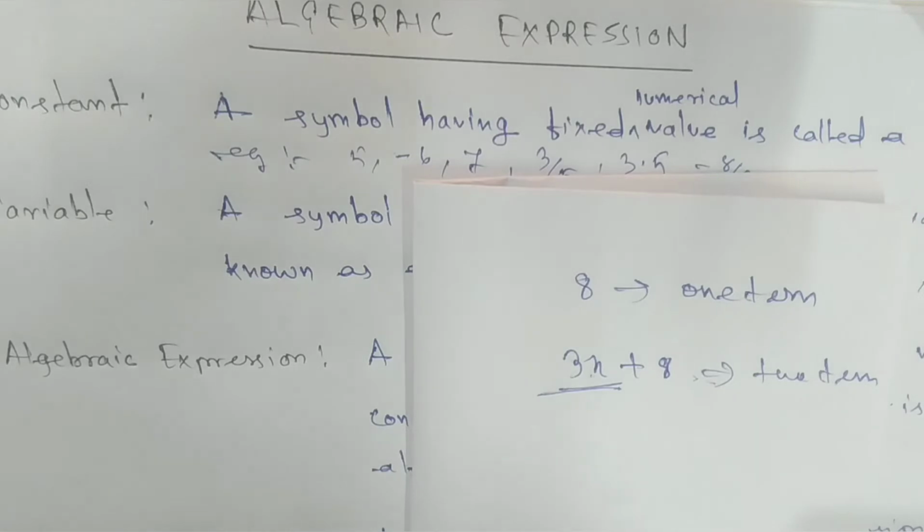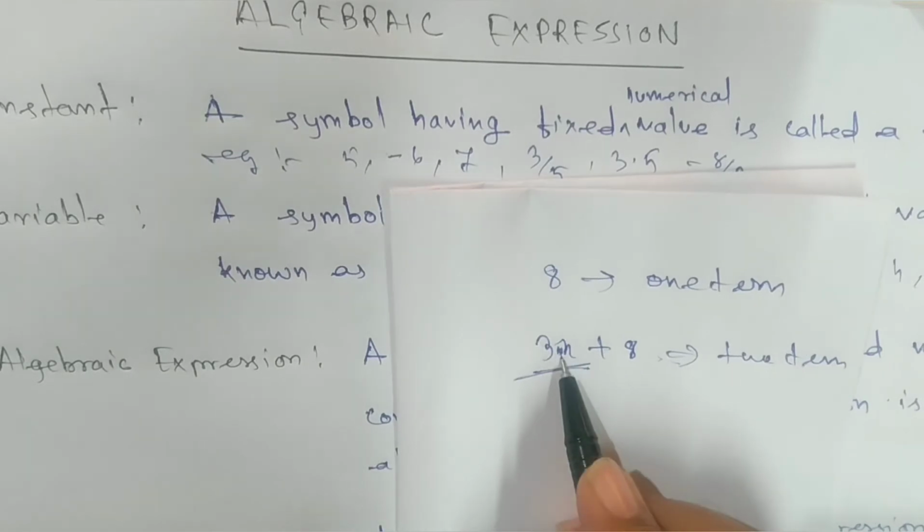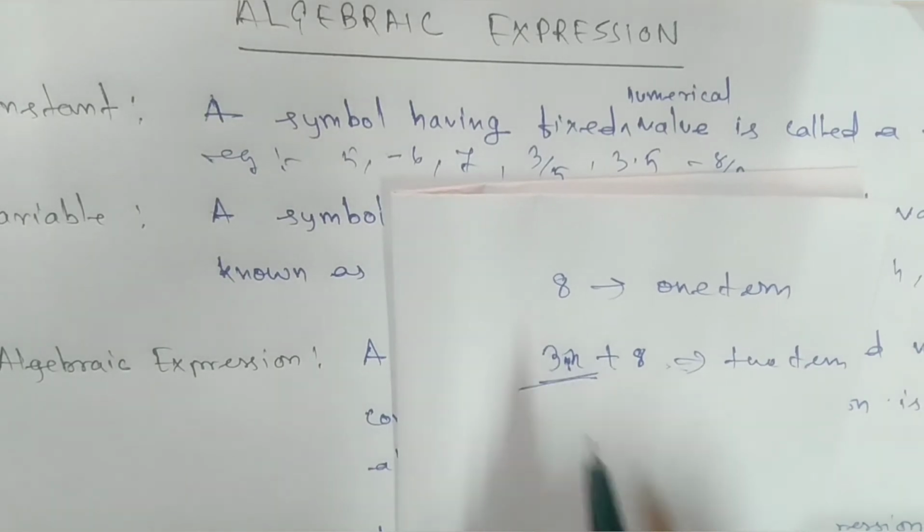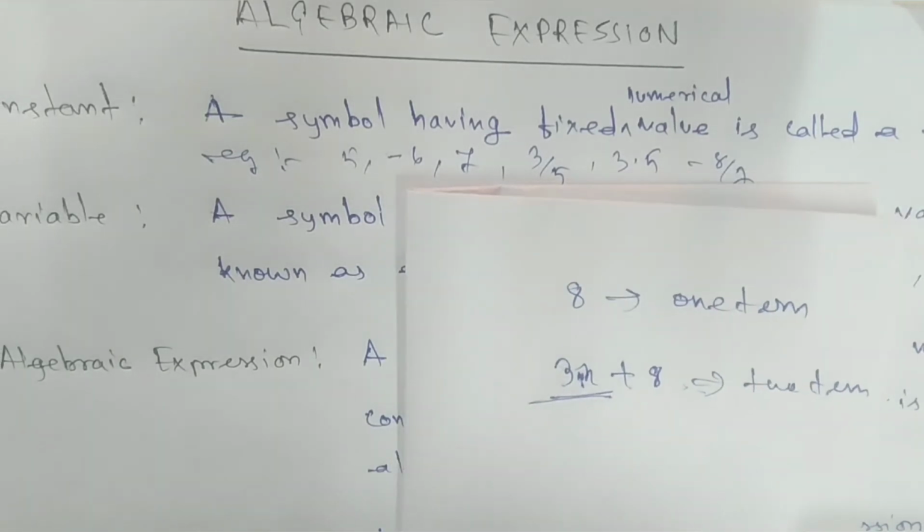A term is a different part of an algebraic expression separated by plus and minus. Only plus and minus? Yes, only plus and minus. If we think of a multiplication sign and count it, there would be three, but no. It is already predefined. The definition is that different parts of the expression separated by plus or minus are called terms of the given